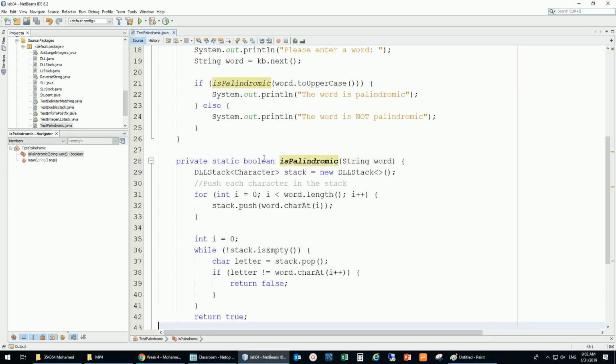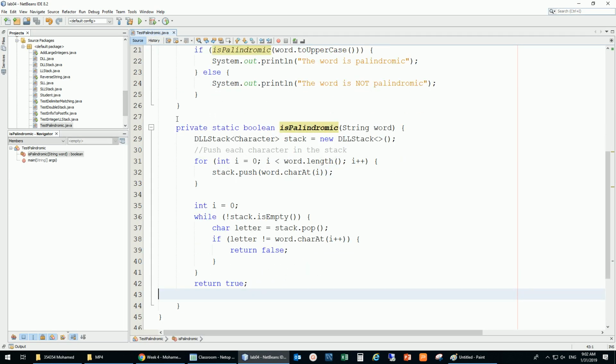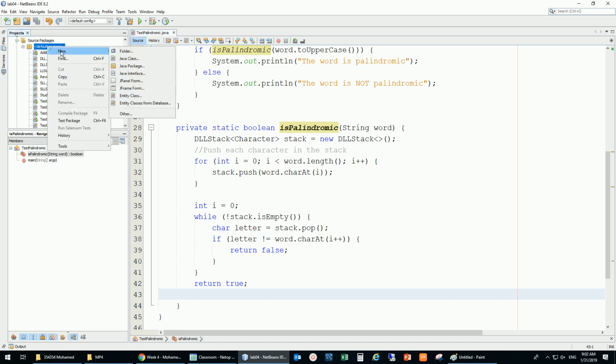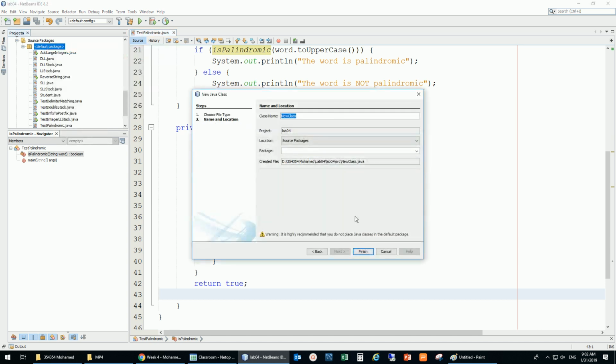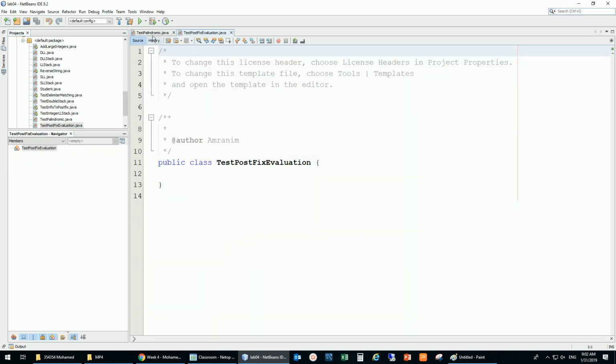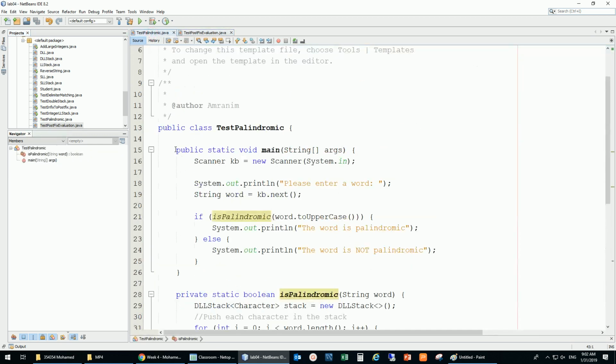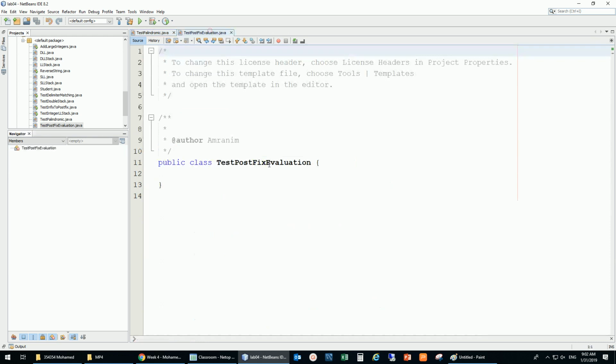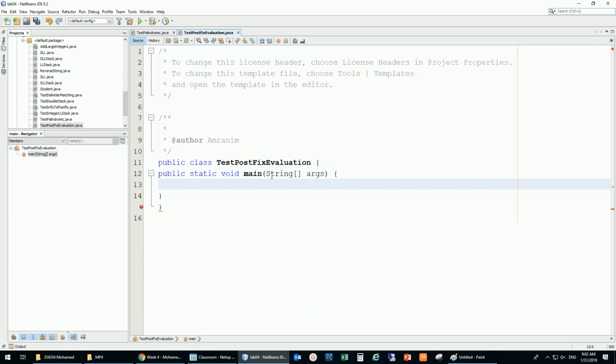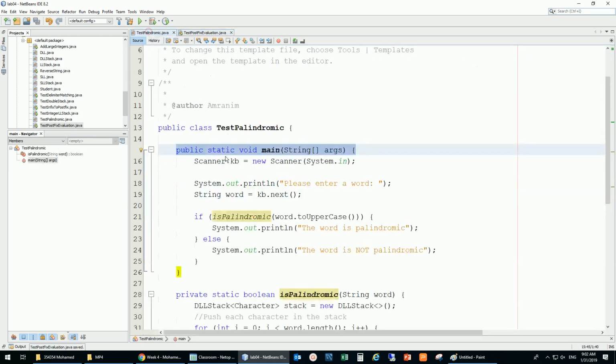Okay, so let's use another one. I'm just creating another class, which we call test postfix expression evaluation. So I'm going to evaluate the postfix, and I don't want to type this, so I paste it. I also don't want to type this,